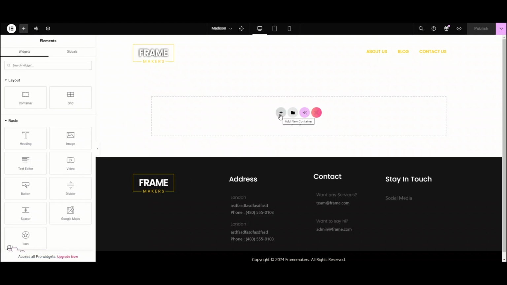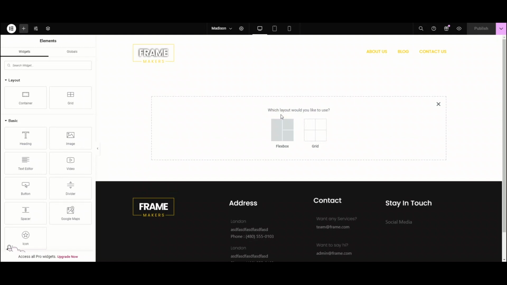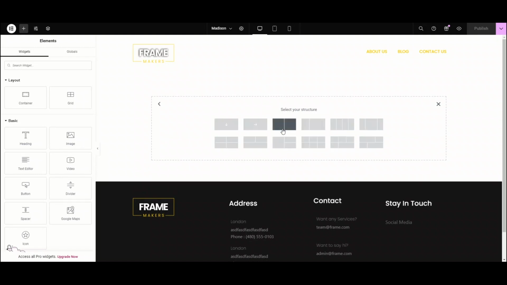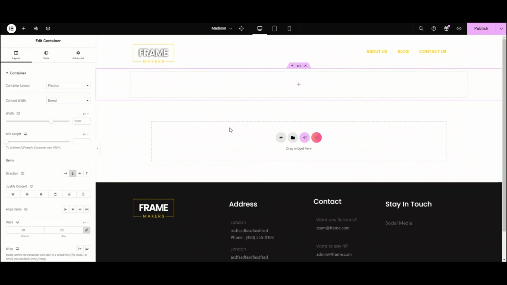Now let's get started. Click on this plus icon. From here, we can choose the container. Choose the container according to your desired structure. Let me tell you about a container. A container is a box that holds your web page element, including widgets and other nested containers to provide the layout you need. You can create containers quickly and save them as a recurring template to streamline your web building process. This Container Layout tab controls how the items are arranged in a container.